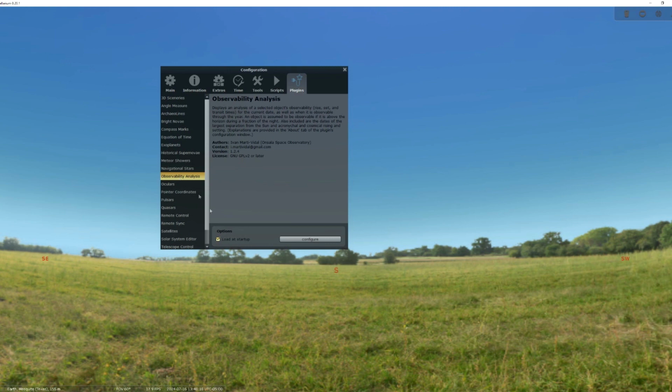On your side, this box that says load at startup is probably unchecked. You'll want to check it. So we're going to uncheck it and check it back. This will make the observability analysis plugin start up and be a part of Stellarium every time you open it. All these plugins are specialized attachments, specialized options for people who are specifically interested in these various things, and they can attach to it without making the base program overbloated. But observability